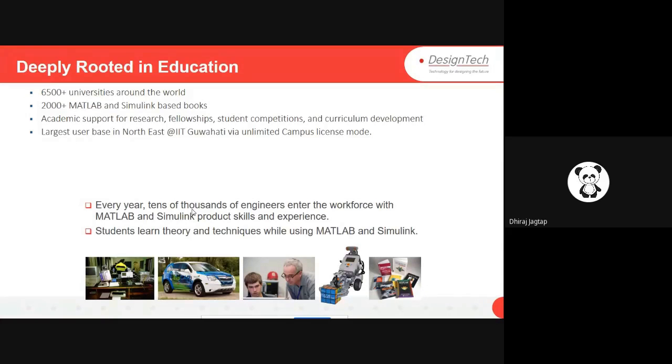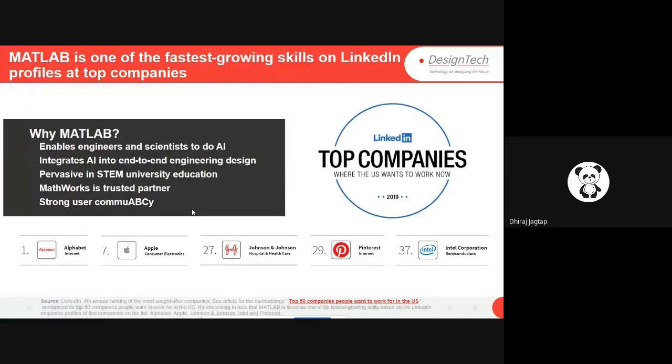India is a key geography for MathWorks, with huge focus and investment in the last few years. MATLAB is one of the fastest growing skills on LinkedIn profiles at the top of the company. If you ask why we use MATLAB, it enables engineers and scientists to do artificial intelligence work. It can also integrate artificial intelligence into end-to-end engineering design problems. MATLAB is also used by universities for education.